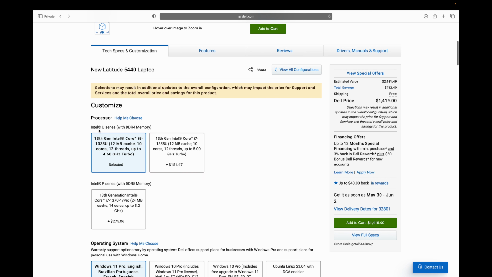We have, looks like, the Intel U series, which is DDR4. Then we have the P series, which is more the performance-oriented SKUs with DDR5. Before we choose which CPU we want to land on, let's see which one is the fastest. Because we have an i7 here, we have an i5 here, another i7 here, but what's the difference between these two? So what I do whenever I'm building a computer for a customer is, once I get to this spot,